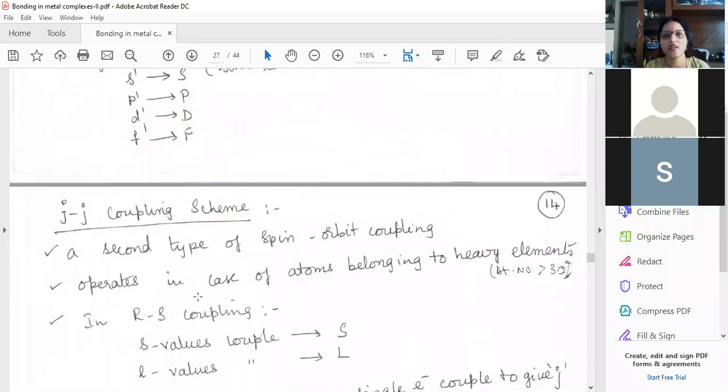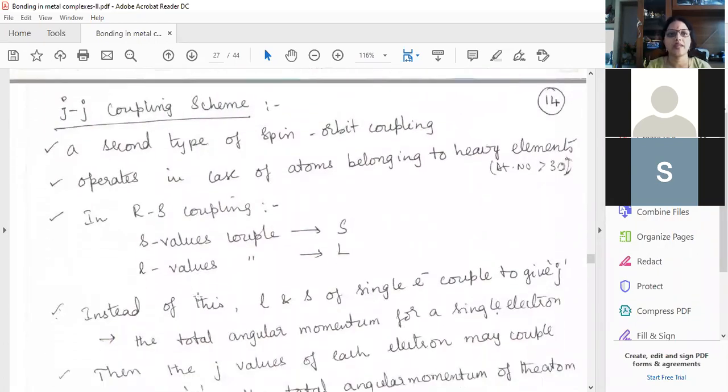Now the next thing you have to study is a small topic, that is jj coupling. You have seen LS coupling, which we studied before, where we put both in capital letters. Both are the same, right? What we are studying now is jj. Can you see I have written both in small letters, that is jj coupling. Now, what is this jj coupling?